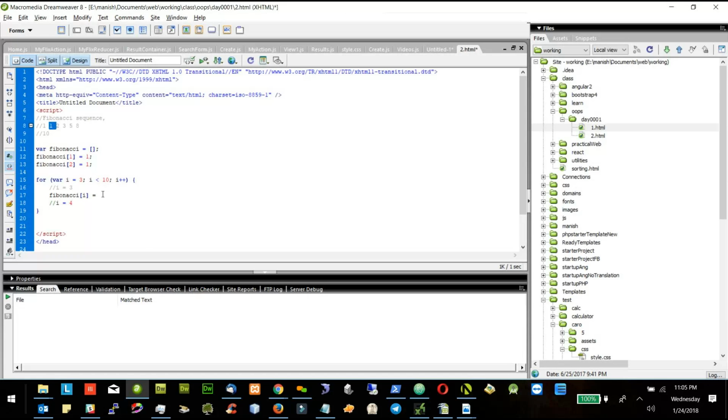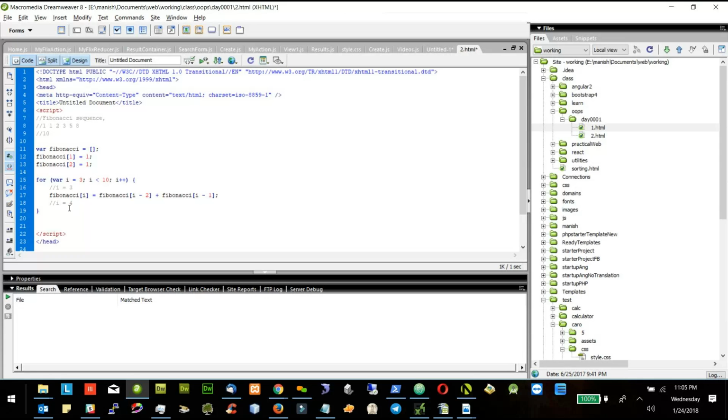So I can say Fibonacci of I minus 2 plus Fibonacci of I minus 1.